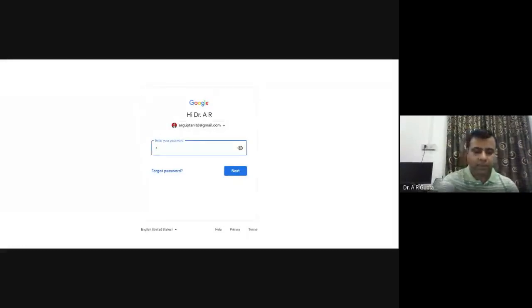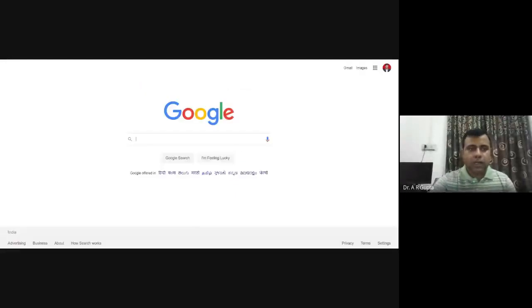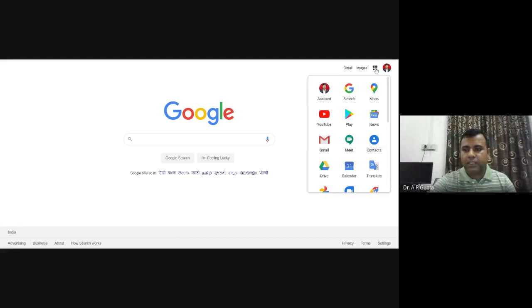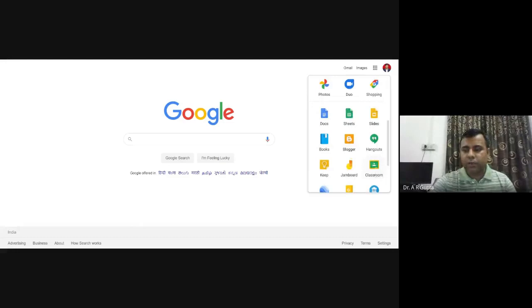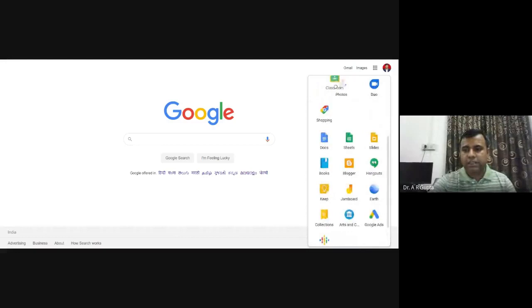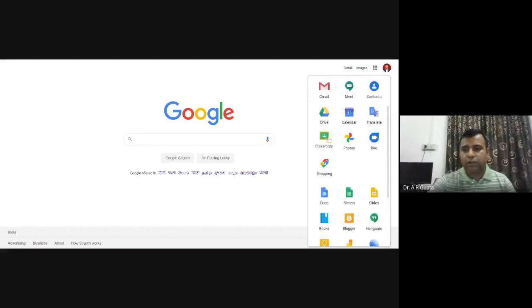First step is to open your Gmail account. After opening the Gmail account, you can go to this Google apps symbol, click it here, and you will find this symbol, Google Classroom. You can click it here, or for convenience you can move this to the upper side. Okay, so in the Google Classroom, just click it.